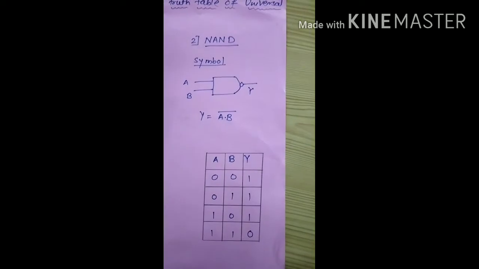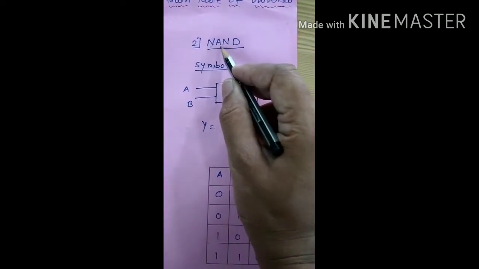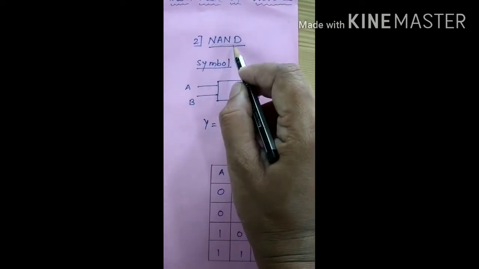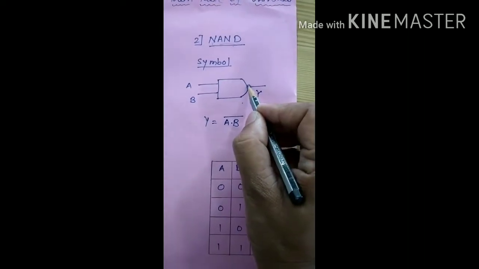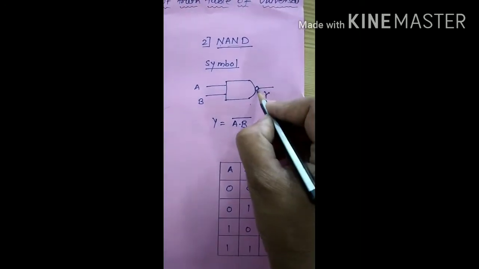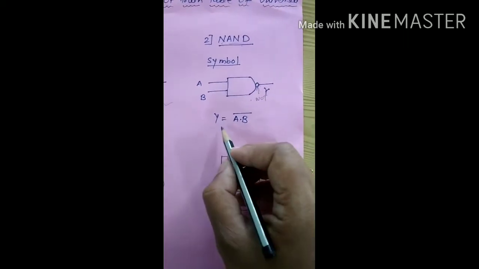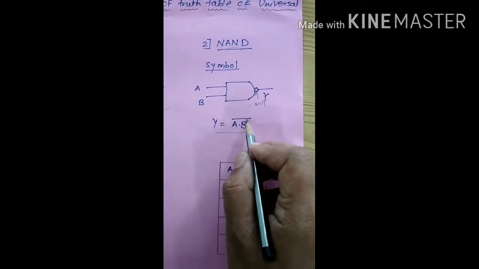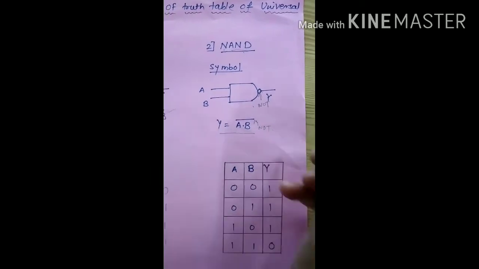Now we will see NAND gate. NAND gate is nothing but a NOT gate and AND gate. So I can say it is a combination of NOT gate and AND gate. Now in the symbol only a bubble is added into the AND gate and that is nothing but a NAND. Once again this bubble indicates the NOT gate. So here is the logical expression: y is equal to (a dot b) bar. So this bar is due to the NOT gate.